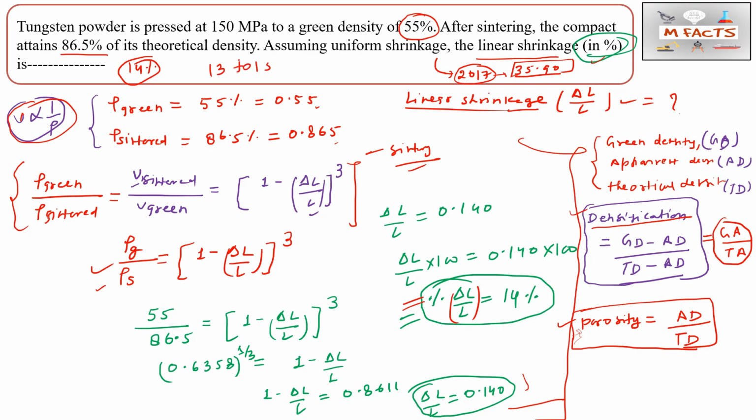Okay, so you will be correct if you apply the correct formula, and you avoid the silly mistakes in finding the final answer. Try to use a virtual calculator at home as much as you can during the practice session. That will really help you in the GATE exam also, because most of the time will be consumed in using the calculator. Try to avoid silly mistakes, try to reduce the steps in numerical problems, and try to find the correct answer. So 14% is correct here. You can write this second formula, densification parameter, and the third formula, porosity, also.